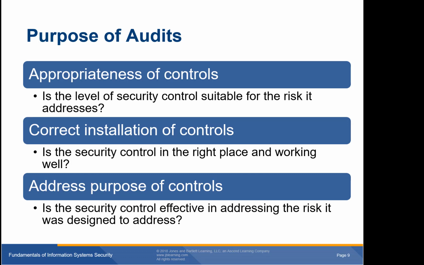An audit checks whether controls are first appropriate. That means, is the level of security control suitable for the risk it addresses? Is it installed properly? That is, is the security control in the right place and working well? Or is it addressing its purpose? That is, is the security control effective in addressing the risk it was designed to address? The audit report that auditors create should recommend improvements or changes to the organization's processes, infrastructure, or other controls as